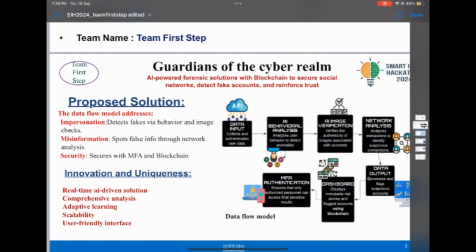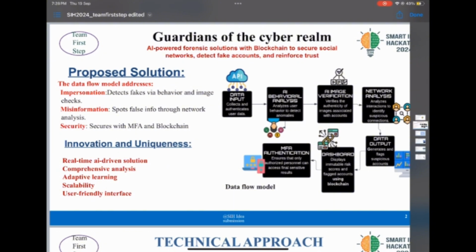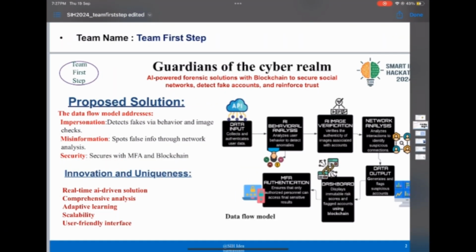Then we perform AI image verification, using which we cross reference, that is, we check against the Indo-Tibetan Border Police's official channels for confirmed accounts. Or we check using metadata like file creation dates, follower counts, and profile consistency. Or look for unusual patterns in the profile creation or changes that might indicate fake activity.